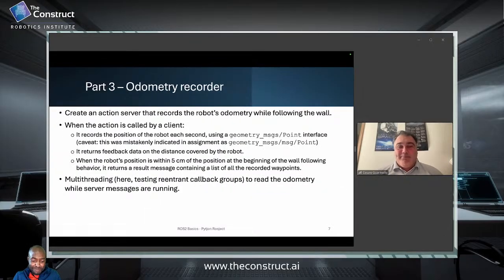Okay. Final part. This is an action server that you've seen in action that records the robot odometry while following the wall. When the action is called by a client, and in our case we call this action after finishing the alignment with the wall, before starting the wall following behavior, the action records the position of the robot each second using this geometry messages point interface. It returns feedback data every second on the distance covered by the robot. And when the robot position is within 5 centimeters of the initial position, it returns the result message that contains the list of all the recorded waypoints. So we have a track of